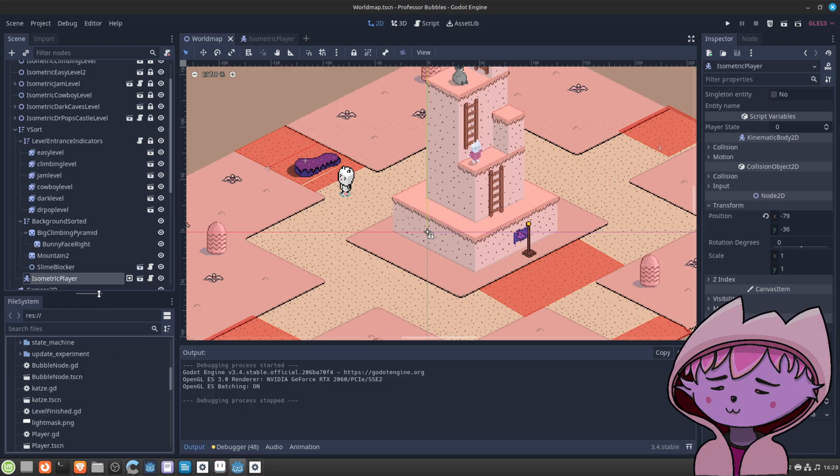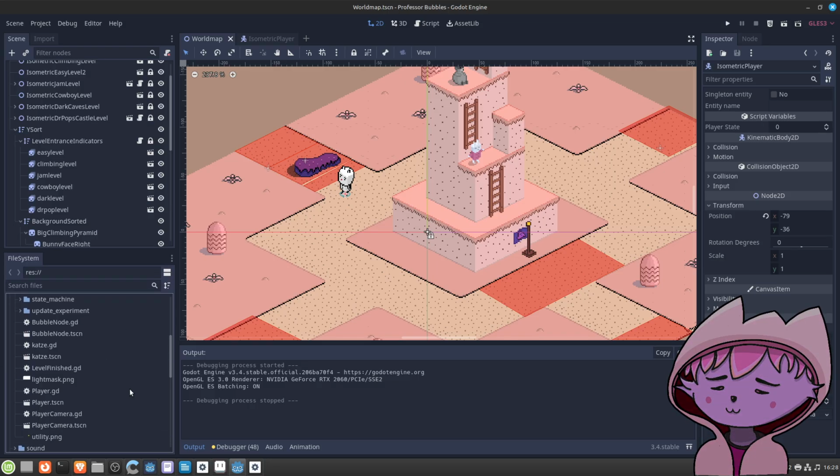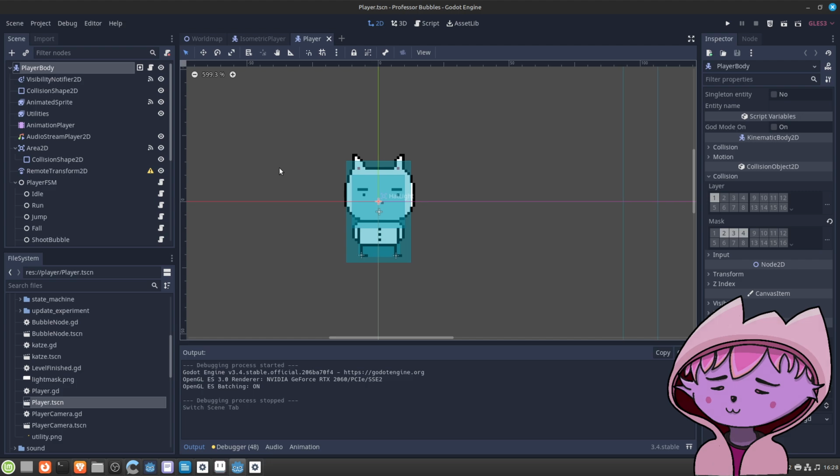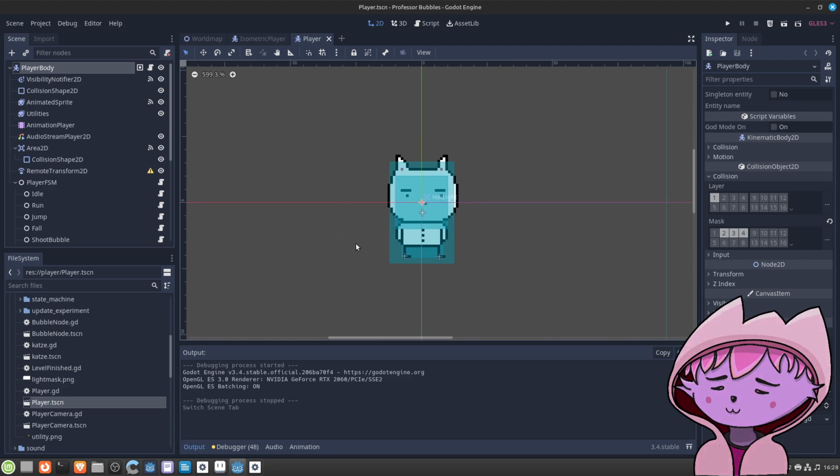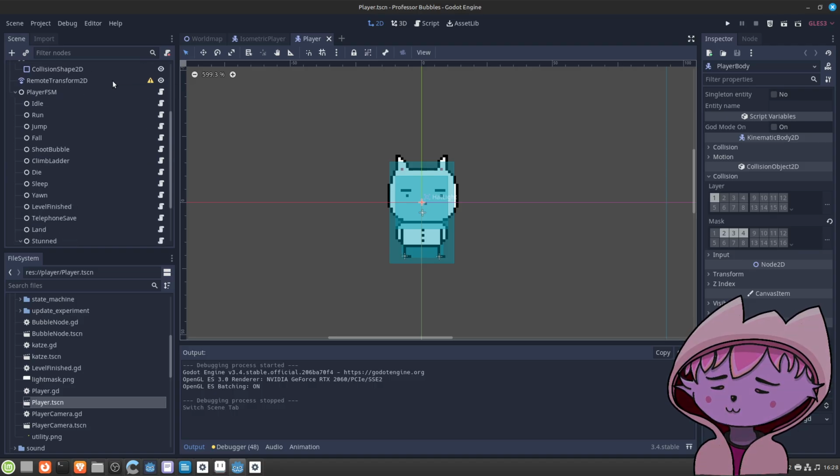And I found that the organization of this particular code was kind of nice. It was nice to work with. So this is the base player character for Professor Bubbles. And here is the state machine.